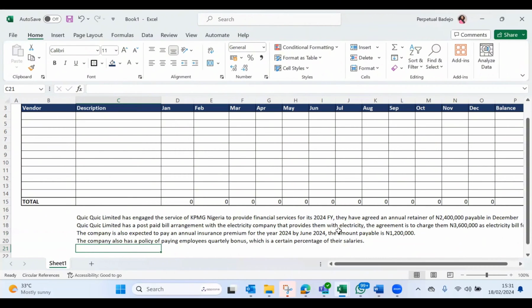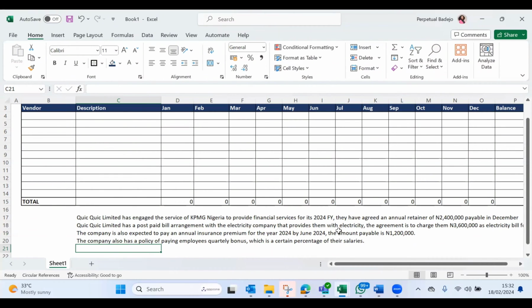Right? So if you are charging all that expense in December, you cannot compare your January report with your December report because the difference will be too much. Imagine taking a hit of 2.4 million in December alone. Meanwhile, the benefit of that particular audit or financial service was enjoyed from January to December. But because you paid the money in December, you thought it was fine to recognize the expense in December alone. No. As an accountant,